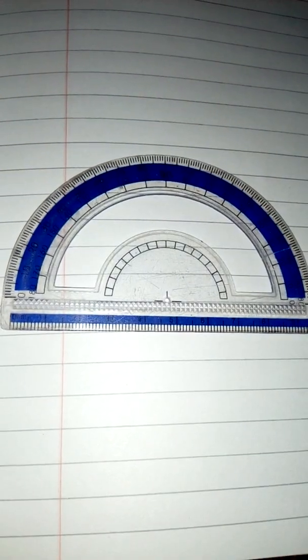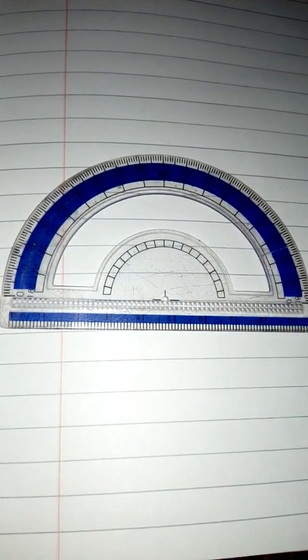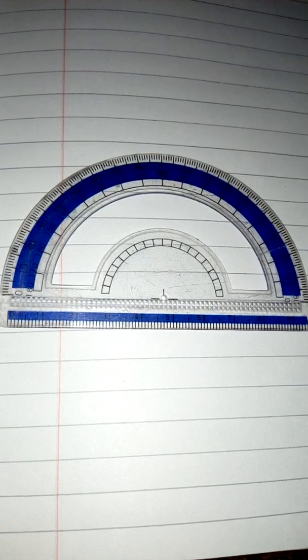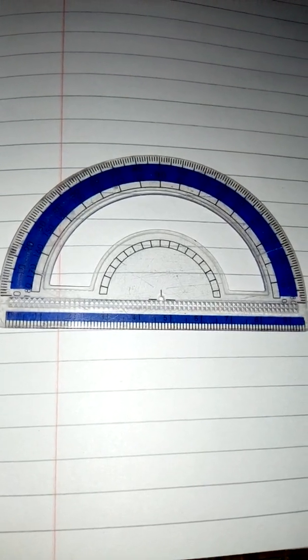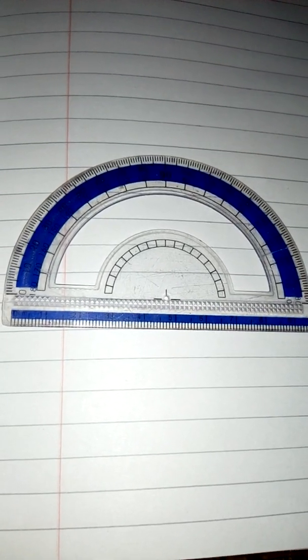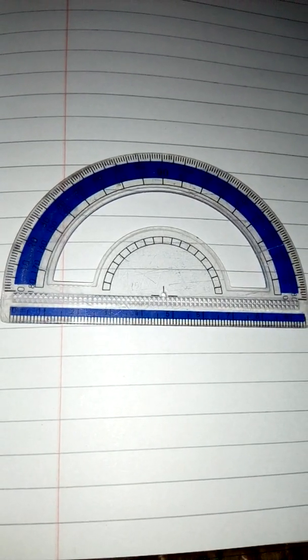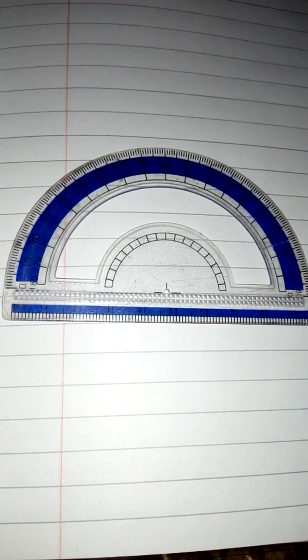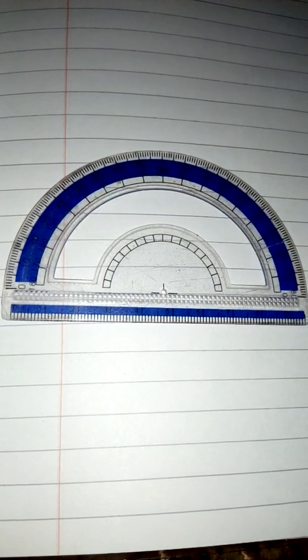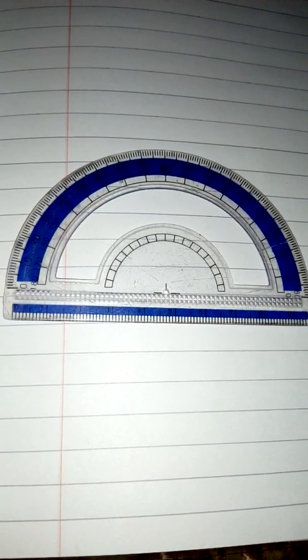Children, just now in the video you have seen that I said that there are 5 types of angles in your midterm syllabus, in your class 4 midterm syllabus. Now the point is how you are going to make those 5 types of angles, and if they are already drawn in front of you, how you are going to measure those angles.